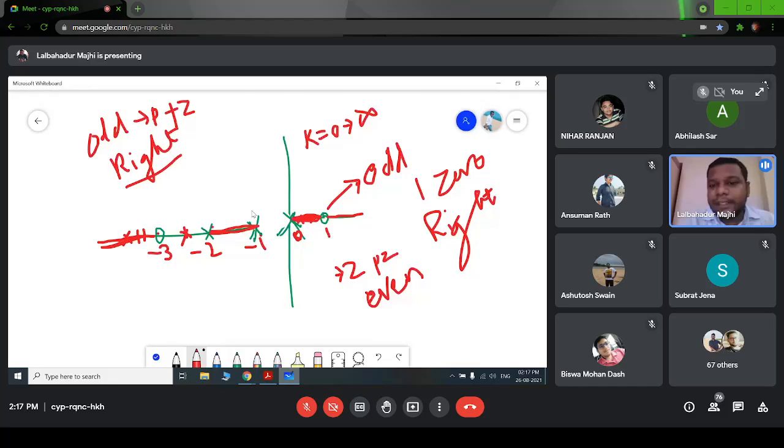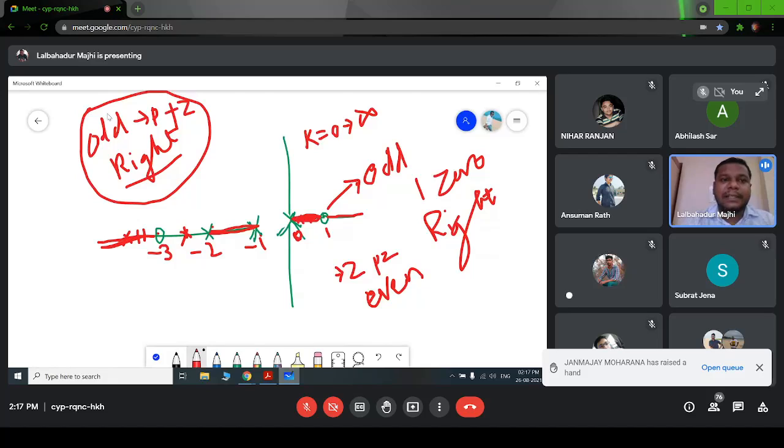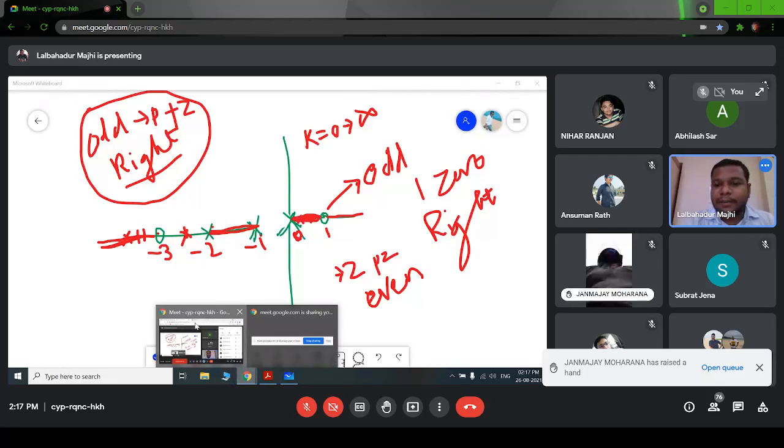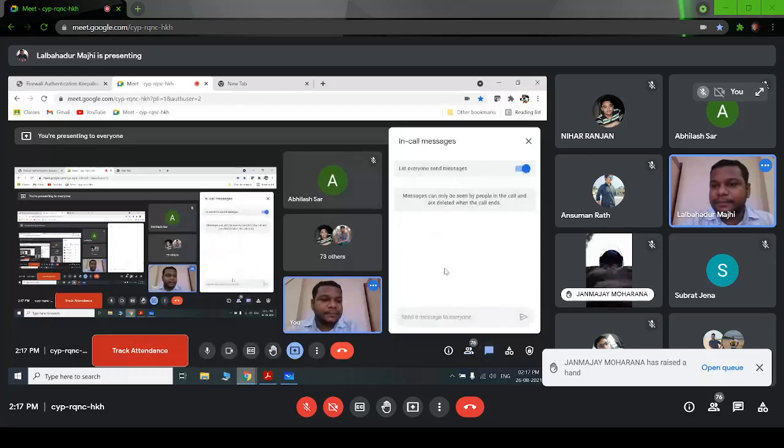So this point, or this path, will be on our root locus here. So you don't have to use the angle condition to identify whether this point will lie on the root locus or not. You have to use this method. Okay, towards the right there should be an odd number of poles and 0.